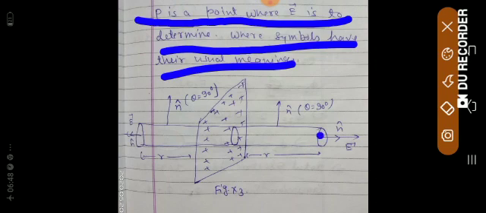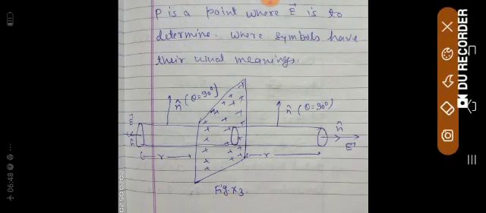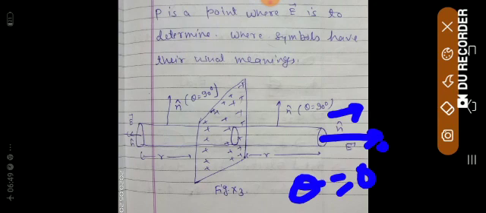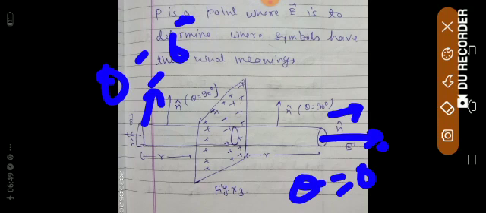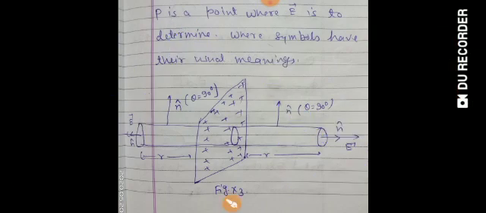So this is point P at distance r. As usual, the electric field is here and n cap is here. So both are at the same angle, so theta would be 0 degree here. You see one more time, the electric field is here and the area vector n cap is here also. Both are in the same direction, so theta here is 0 degree. Here at rightward as well, theta is 0 degree. But what about the curved surface area? Since the area is this one, n cap would be here and the electric field is here, so theta is as usual 90 degree. So these are the different angles and I am going to apply Gauss theorem on each one of these.